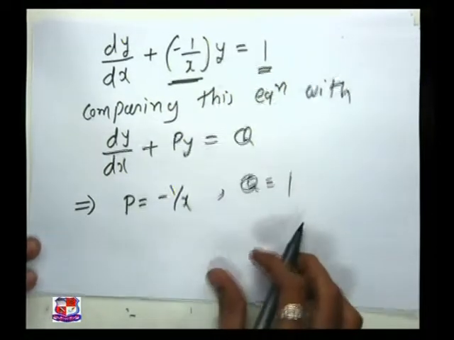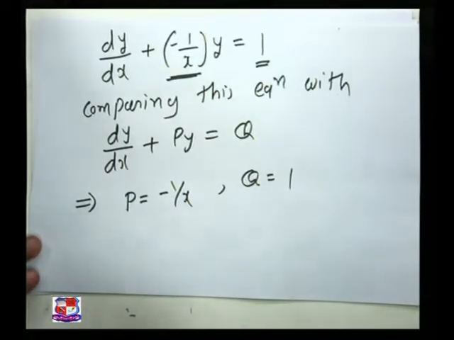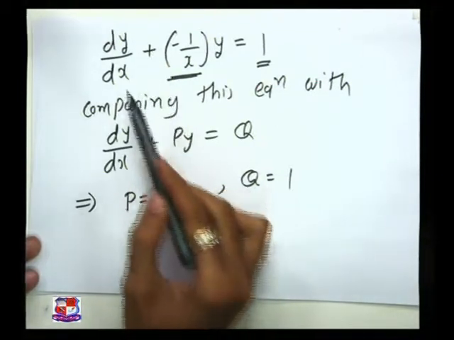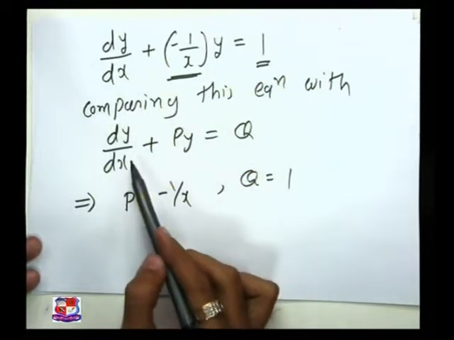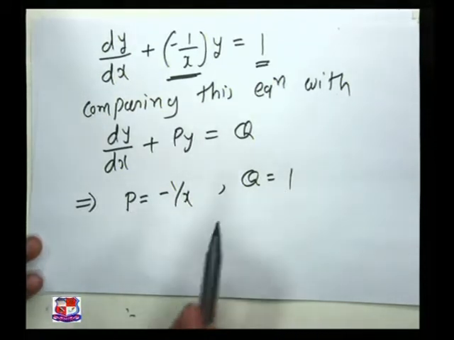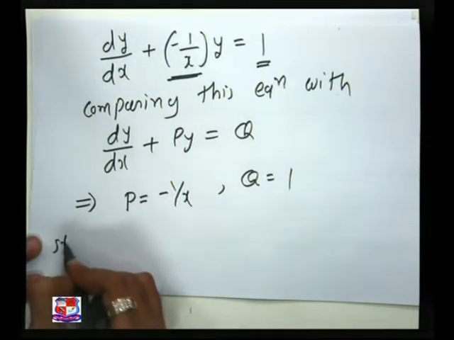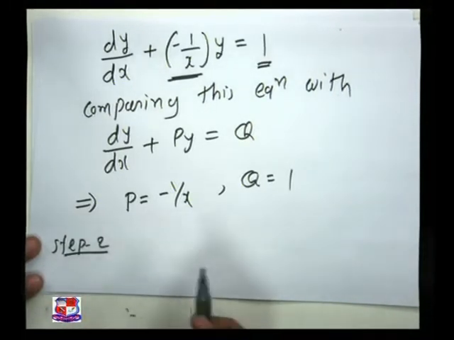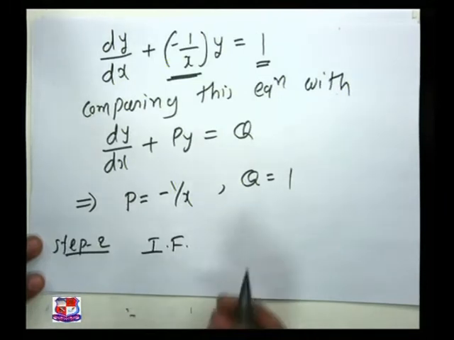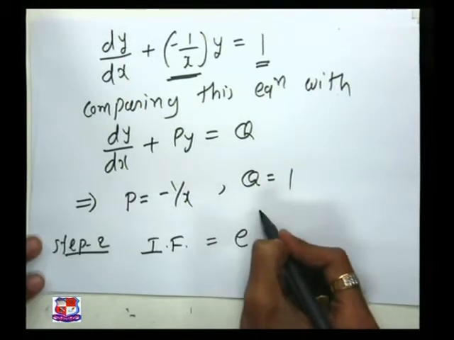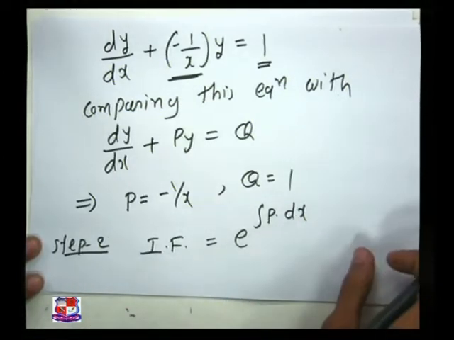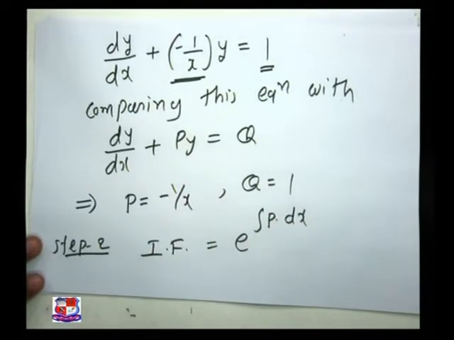So now we know that for the solution in the first step we will convert the given equation in the general format, and then comparing with the general format we will get the values of p and q. Then in the second step, step number 2 is to find integrating factor. Integrating factor is equal to e raised to integration p dx, right? So here p is equal to minus 1 upon